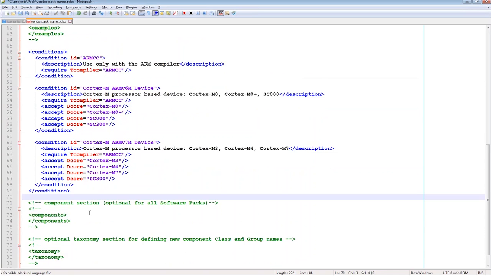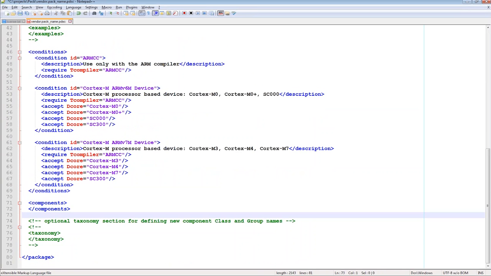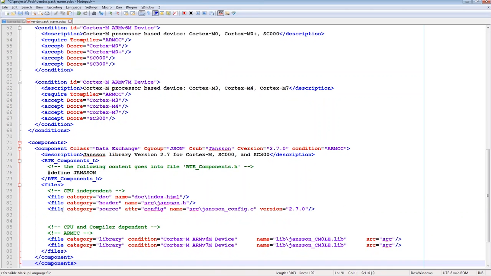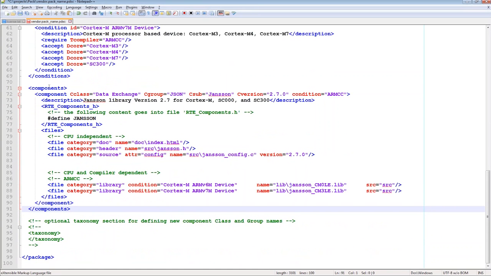And the actual software component is then defined in the component section. So the component: each component element describes a software component that is contained in the pack, and each component itself lists all the